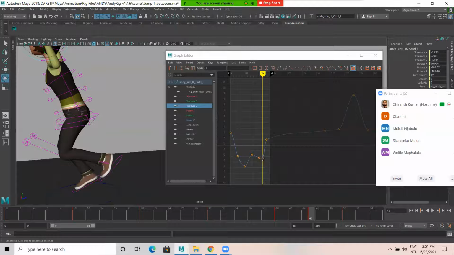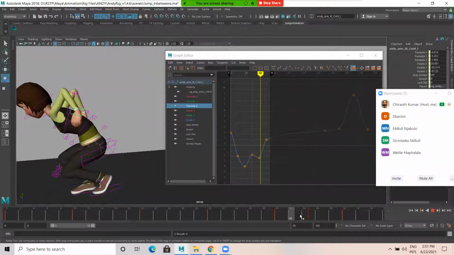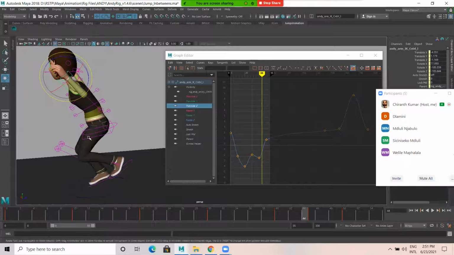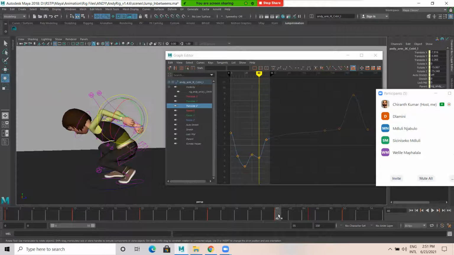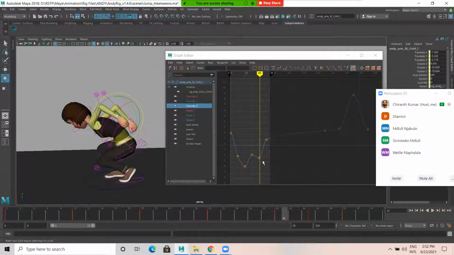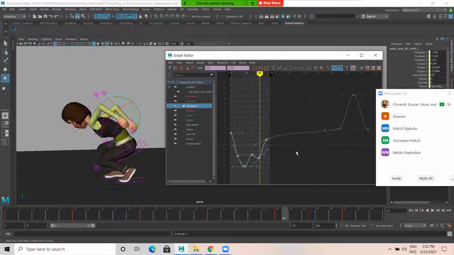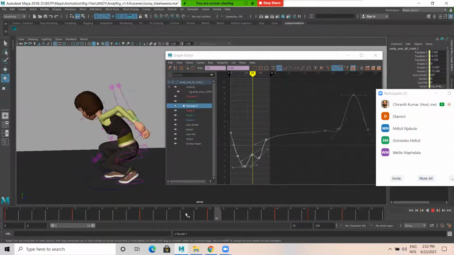So I can delete off some channel in middle. Okay, 40, 45. Okay, observe here the hand part, only this part. 40, it's here. Observe. So I can select this. I can give a tangent called spline. What spline will do? It will smooth the curve. Or else, I can select this, go to tangents, I can give spline. So we'll get a very smooth animation.